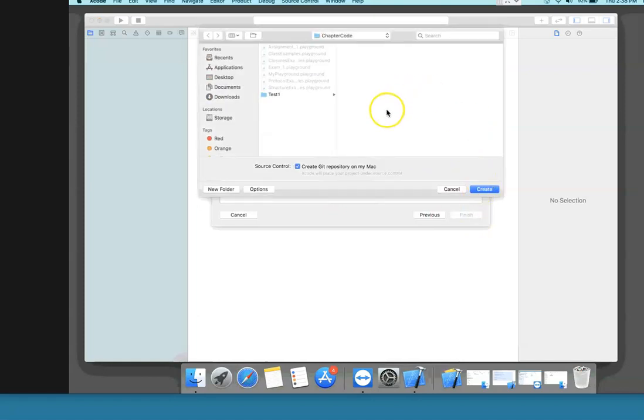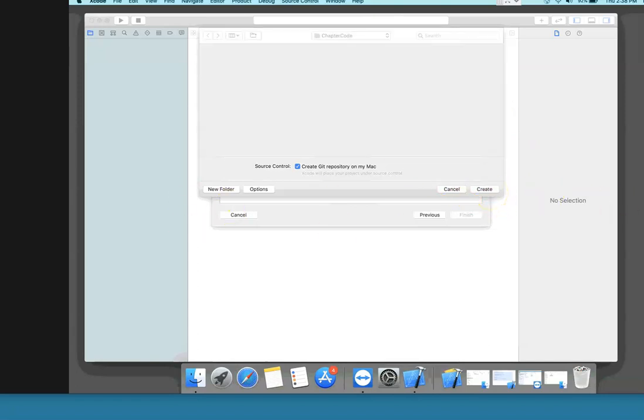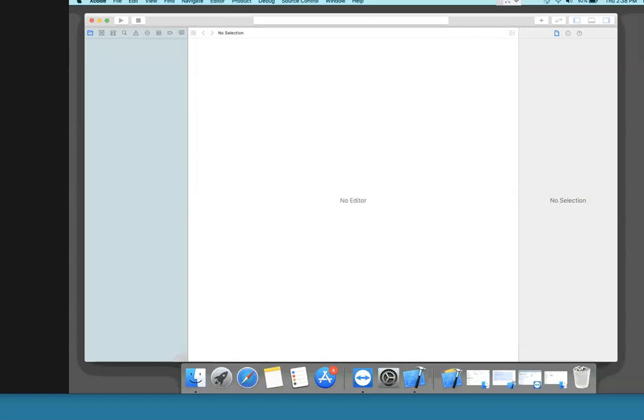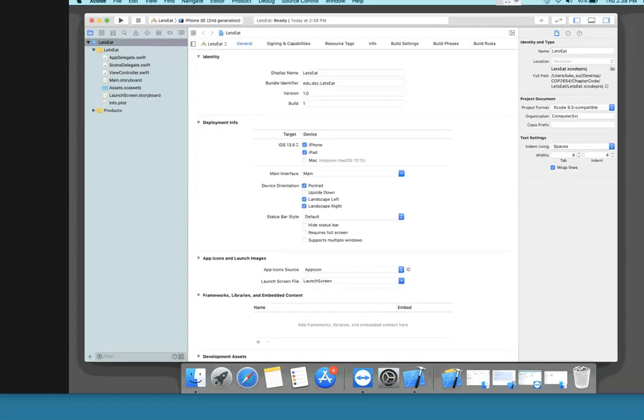And there you tell where you want to save this project. So I'm going to make sure I save it to my folder. All right, that's the place I choose here. And then I click on create. Now we are ready to create